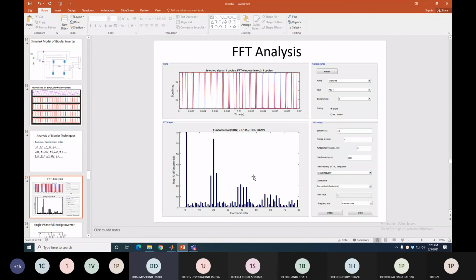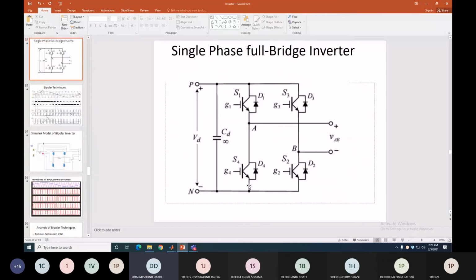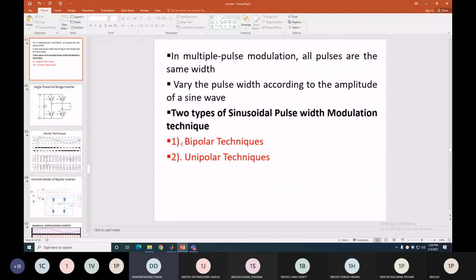The same way, the FFT analysis shown here, which I showed in the practical simulation. Clear? So in the next lab hour, we will see the unipolar PWM technique. Bipolar is the one technique we saw; the second technique in this SPWM is the unipolar PWM technique. And then after that we compare these techniques in terms of harmonics, and we prove that this unipolar technique is again better than this bipolar technique. We'll see that in the next lab hours. So here I stop this lab hour. I hope you understand this simulation of bipolar PWM technique. So all of you please simulate this bipolar technique